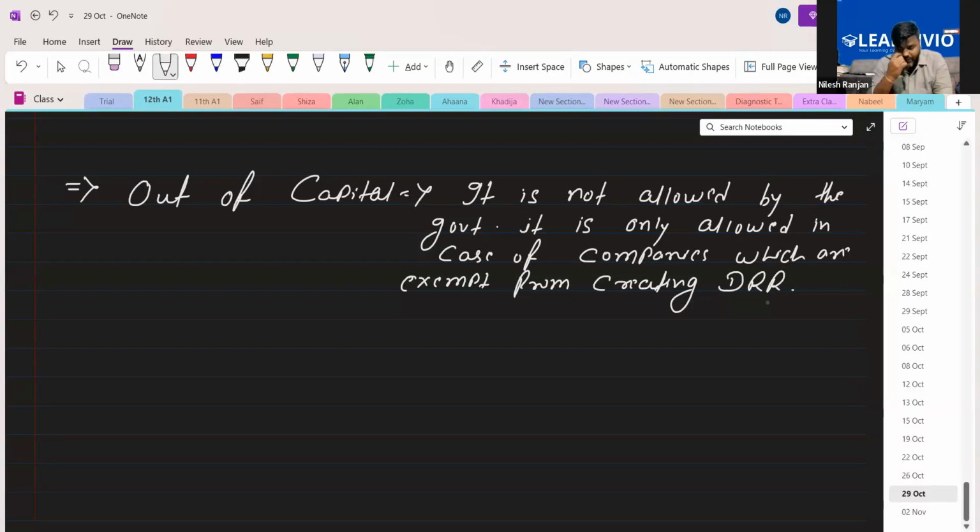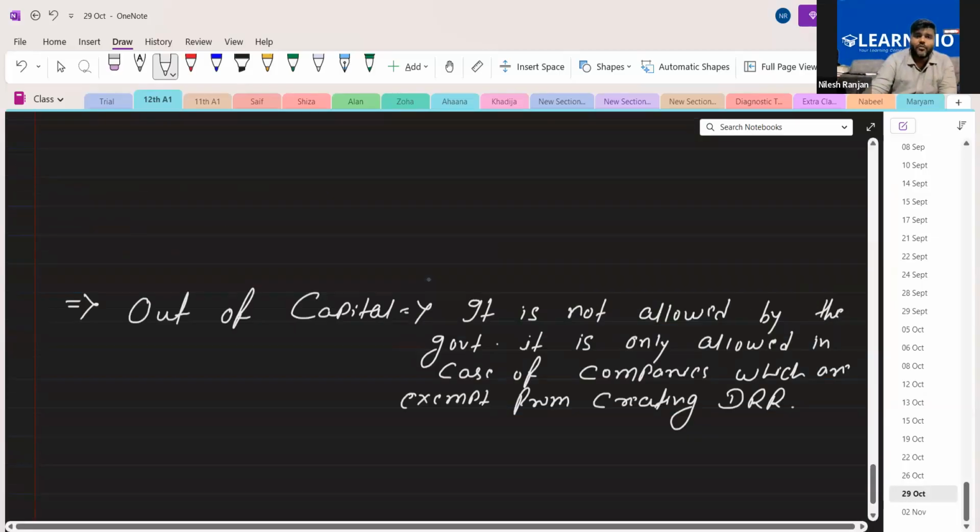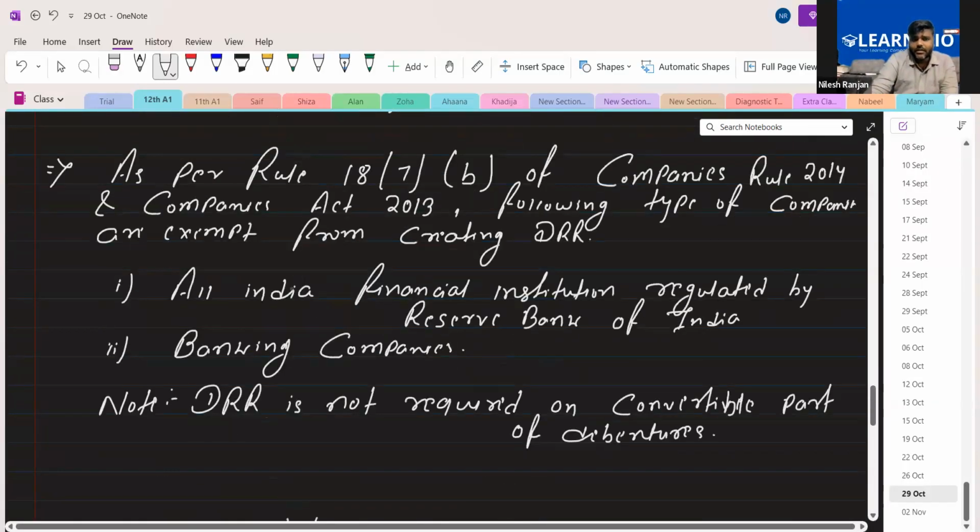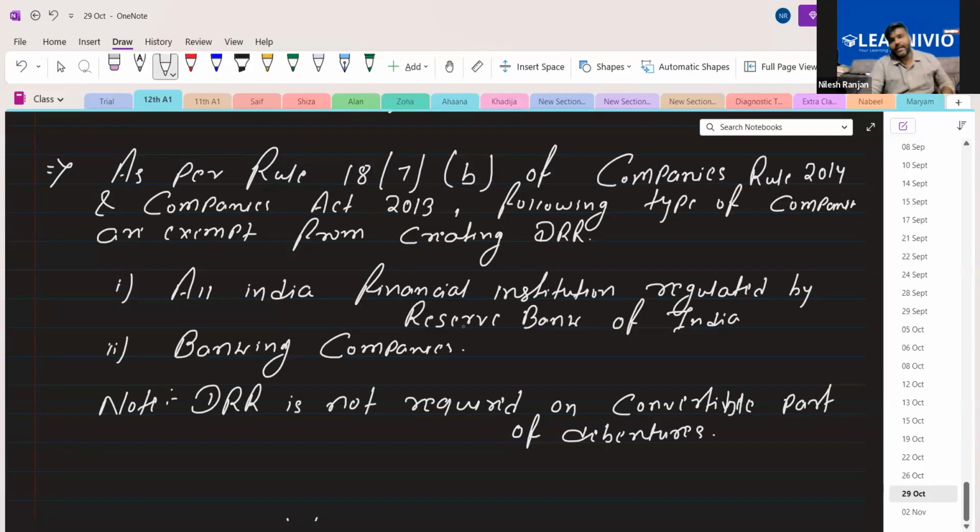So there are two types of companies which are exempt from creating DRR. The first one is All India Financial Institution regulated by Reserve Bank of India, and the second is